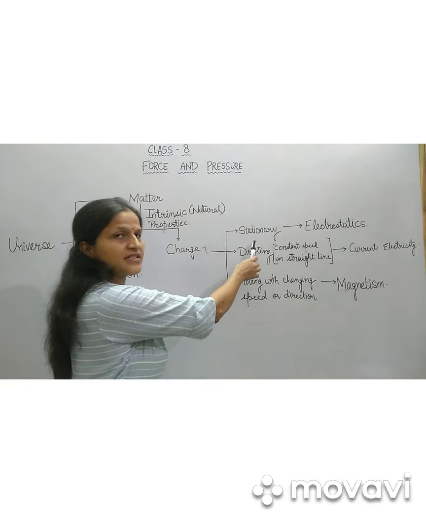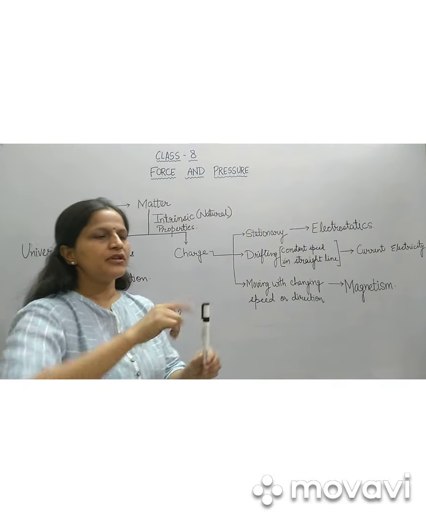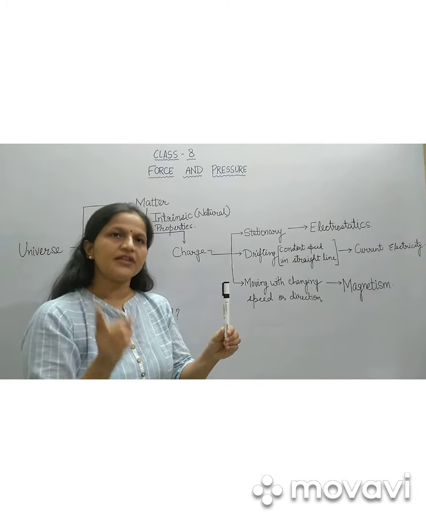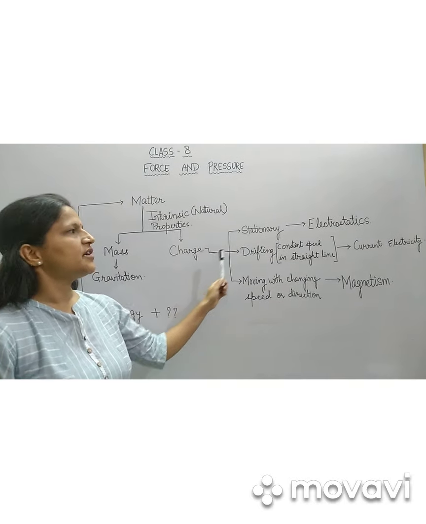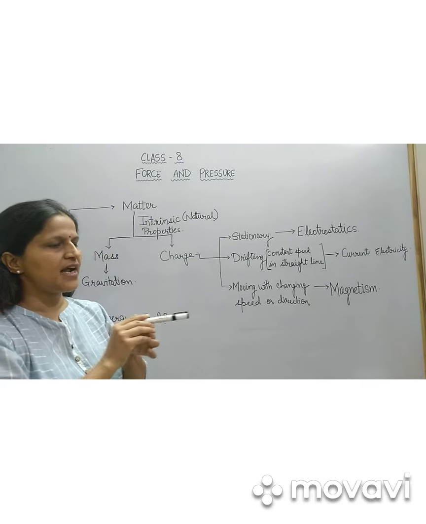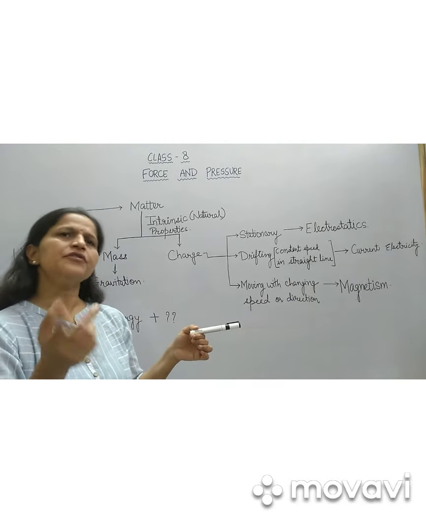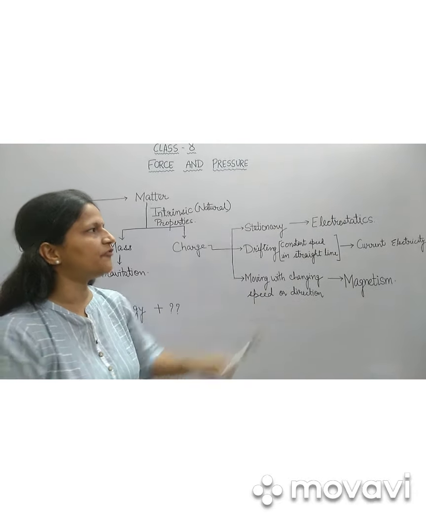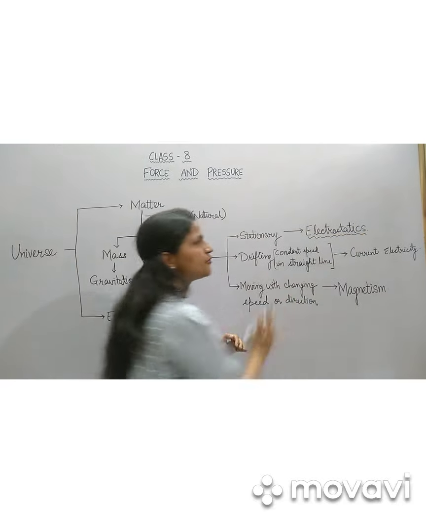So charges at rest constitute a branch called electrostatics, in which we learn about the field created by the charge and the interaction of one charge with another charged object or uncharged object. Then if the charge is moving in a straight line path with some constant speed, then it makes current. Current is a common term, but you will learn about current in 10th standard. I am not going into depth of it. In this class, we were to familiarize ourselves with electrostatic force, so I took this one.